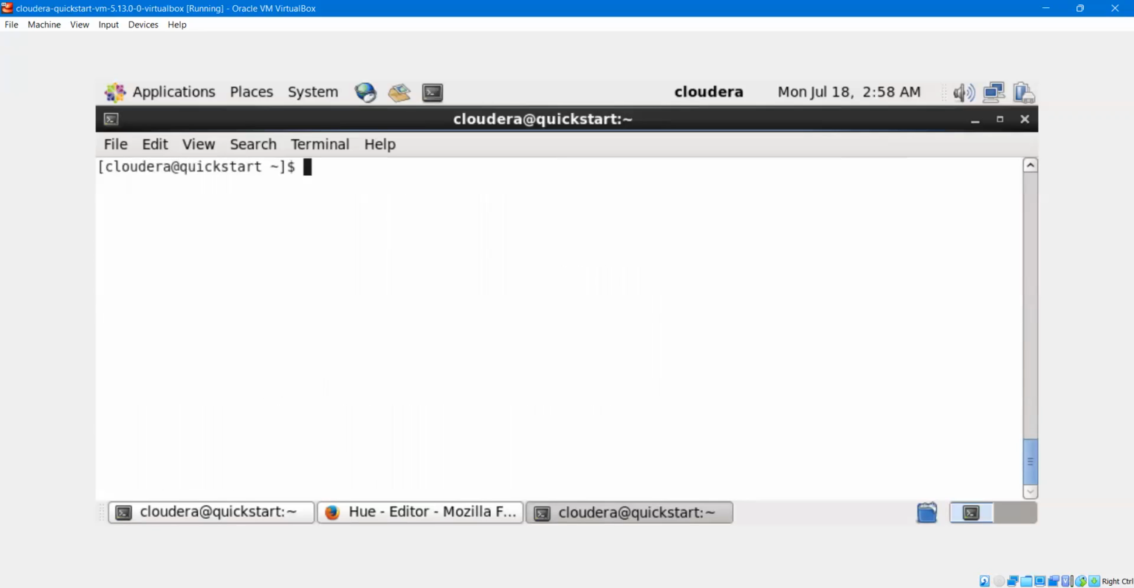So let me clear my screen now. Let me print the working directory. This is my working directory, you can see home Cloudera. Now let me try to create a file. How to create a file? If you remember, gedit. The file name is query1, so let me name it like